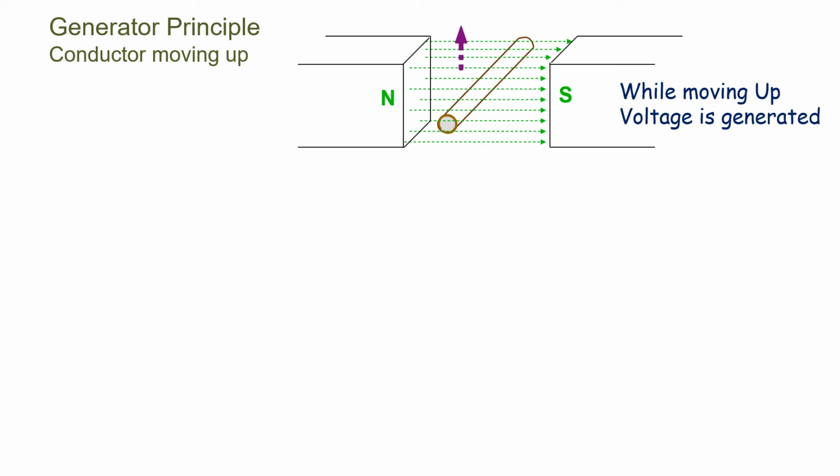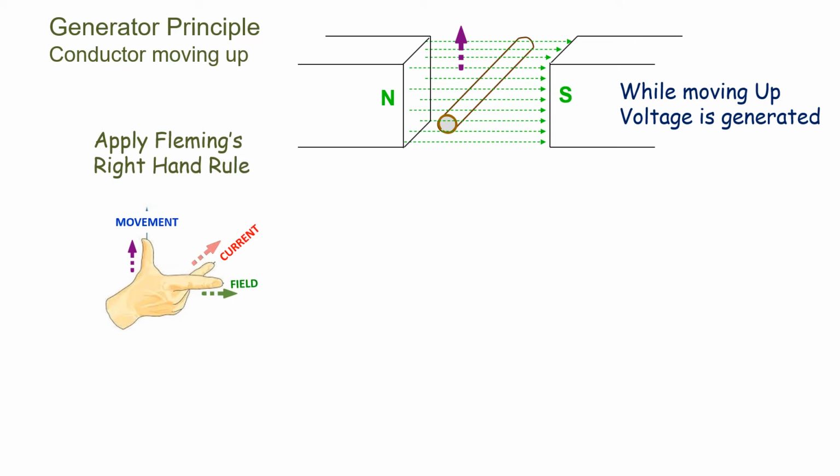To know the direction of the current, apply the Fleming's right-hand rule. Show the first finger in the field direction towards right, the movement upwards by means of the thumb. The second finger is oriented towards inside will give you the current direction. So the current in the conductor flows towards inside. In agreement with this current supplied by the conductor, the generated voltage will have positive and negative terminals as shown.